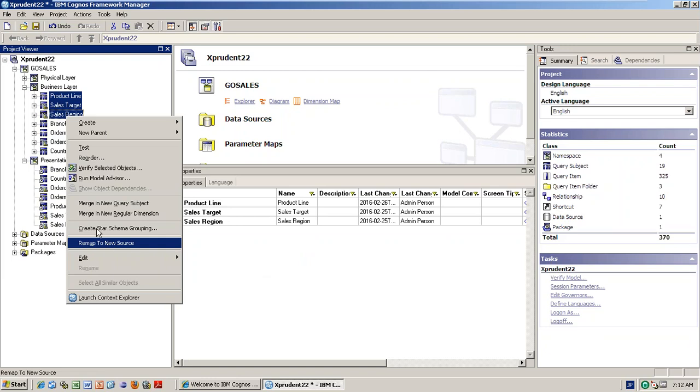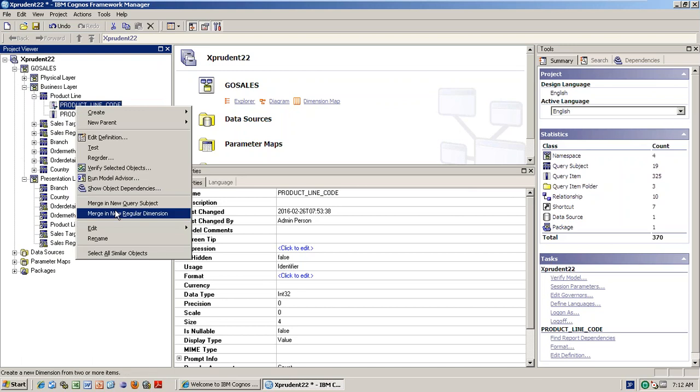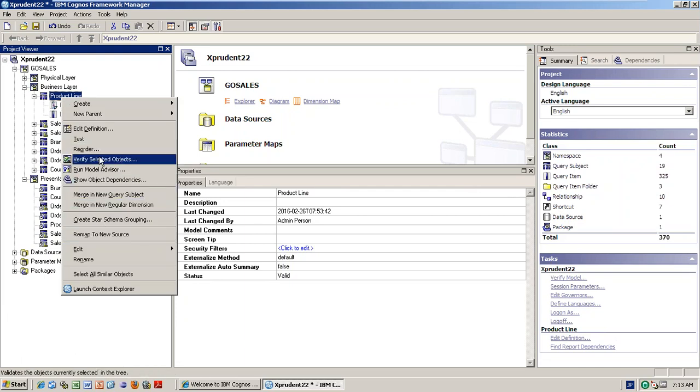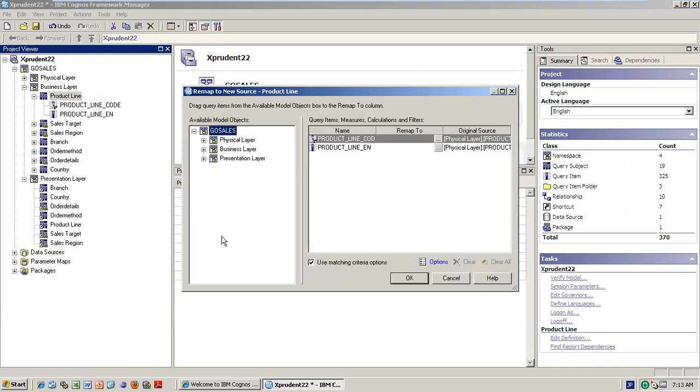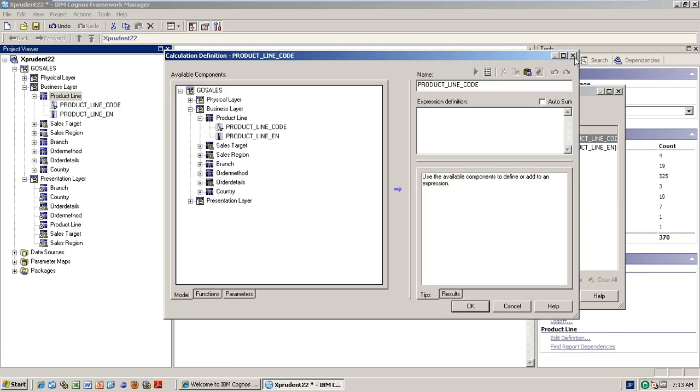And what do you mean by remap to new source? This is very important. If you observe here, in the product line column, the product line code is coming from here.